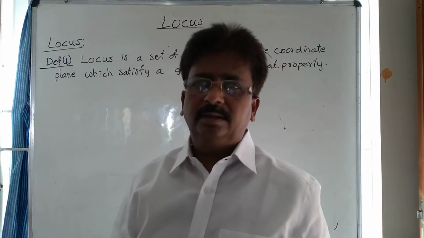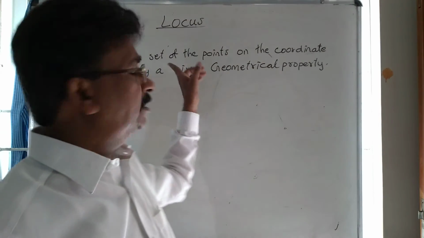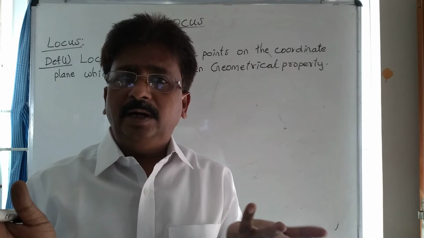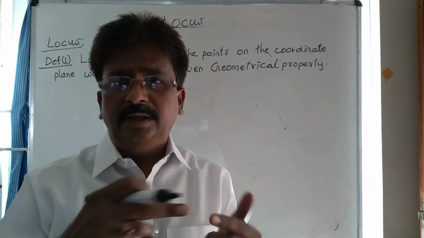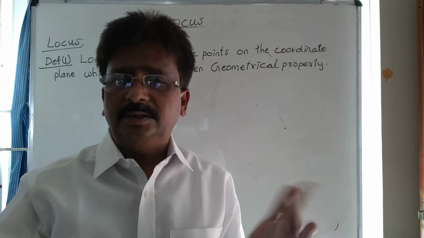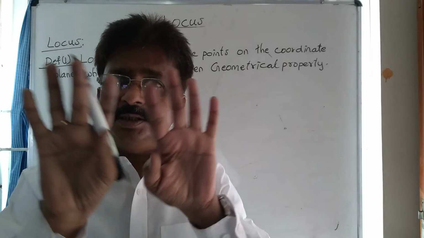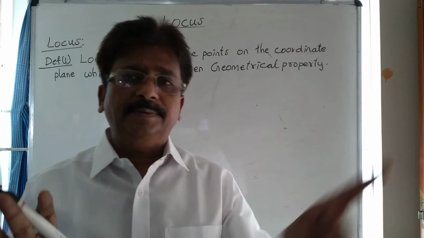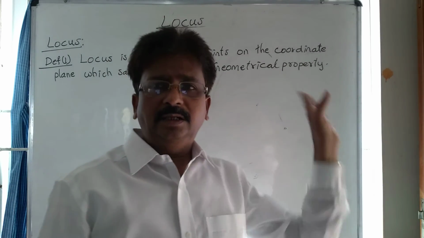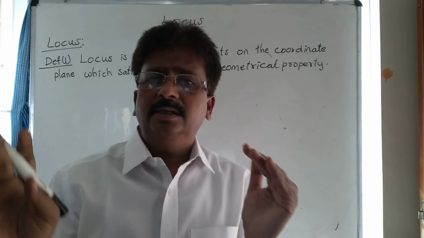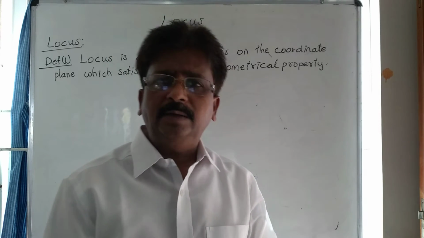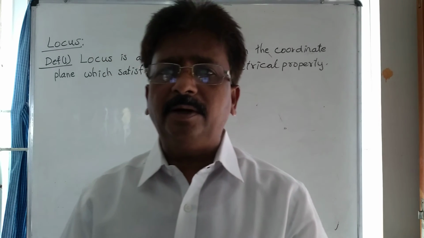Okay. Have you understood the matter? Locus is the set of the points. The set of the points may be in the shape of a line, a circle or anything, a region also. But they should satisfy a given condition. Then only the set of the points is called the locus. Next, one more definition also is very important.